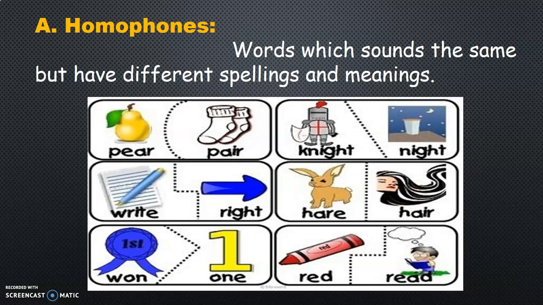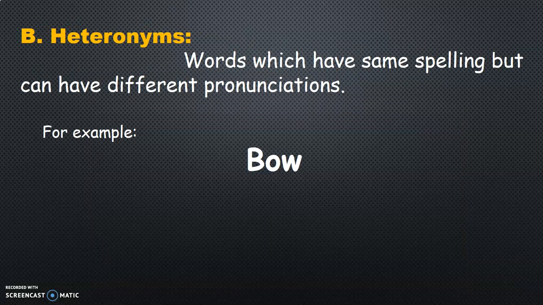For example, you'll find here pair and pear. The pronunciation is the same but the spelling as well as the meaning is different. Next is night and knight. Right and write. You can see in the picture one right and the other write. Hair and hare. One and won, red and read. So in this way, this is what homophones are. Their pronunciation is the same, but they have a different spelling as well as a different meaning altogether. Now let's move to the next, the second, that is